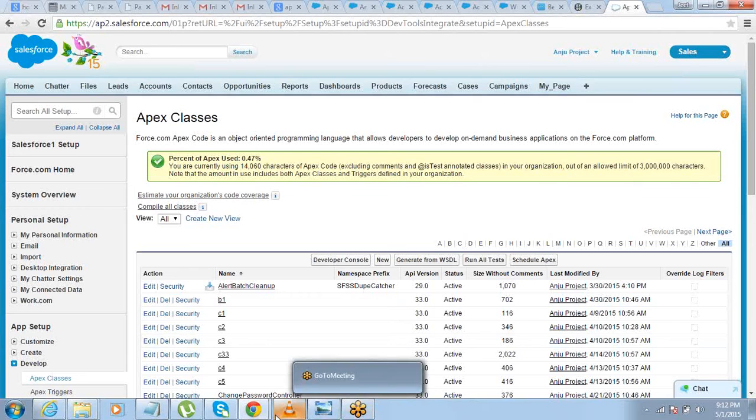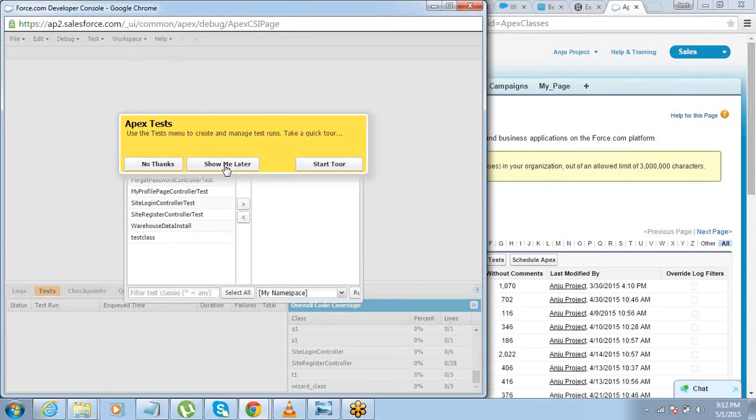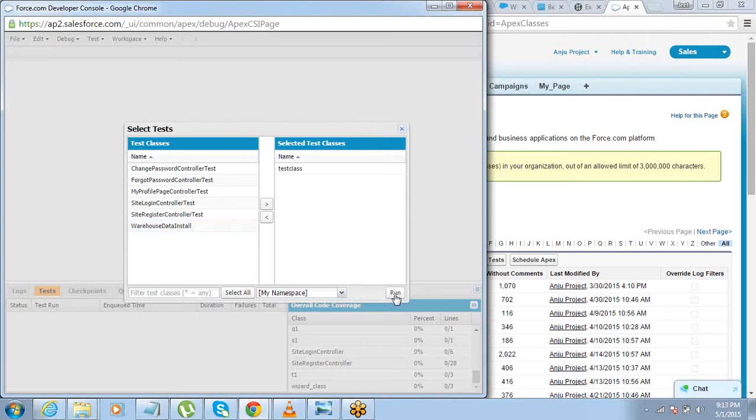Okay, or you can just go here, new run. Click on new run, and this is the test class, right? Select the class. It will only show you the classes where there is some test method. So select the class which you want to run, bring it here, and say run. So this will only run this test class.